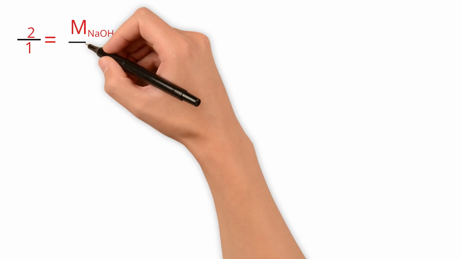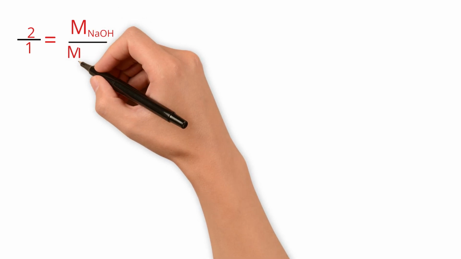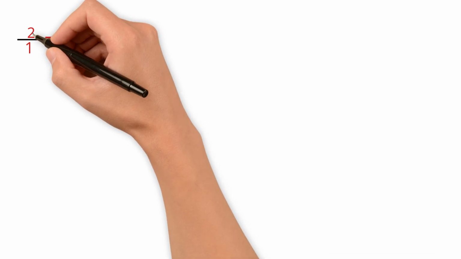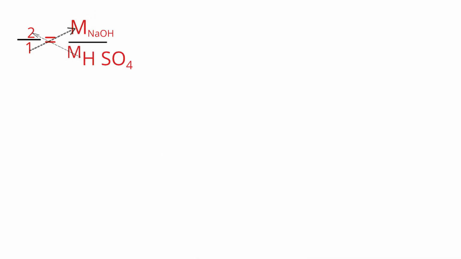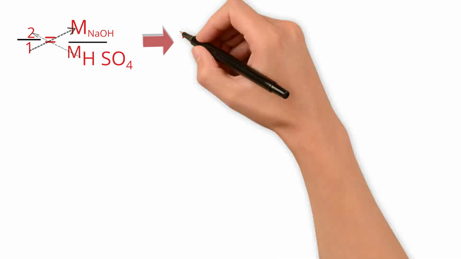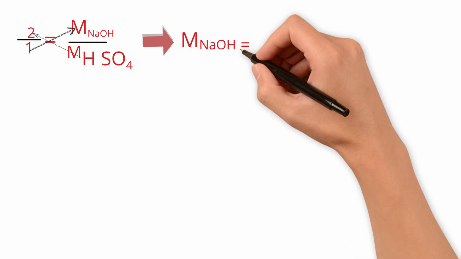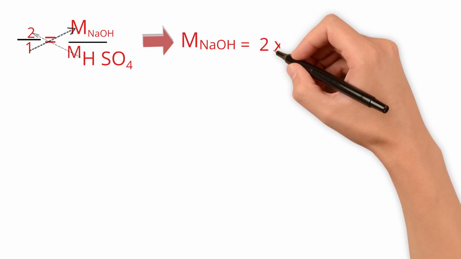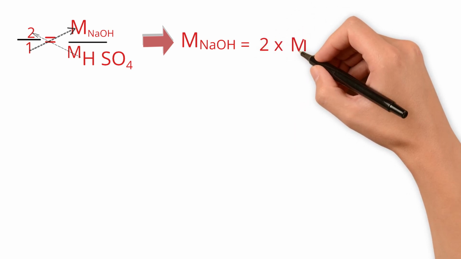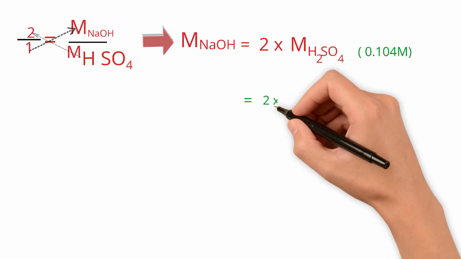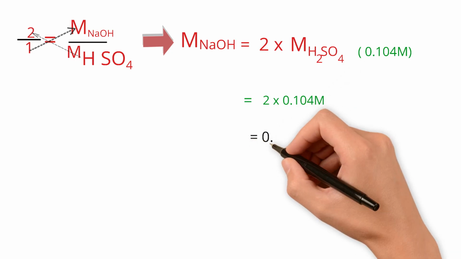We know the value of molarity of sulfuric acid, but we don't know the value of molarity of sodium hydroxide. Therefore, to calculate molarity of sodium hydroxide, now let us cross multiply. Molarity of sodium hydroxide is equal to 2 times molarity of sulfuric acid. We know the value of molarity of sulfuric acid, which is 0.104. Molarity of sodium hydroxide is equal to 2 times 0.104 molarity, which is equal to 0.24